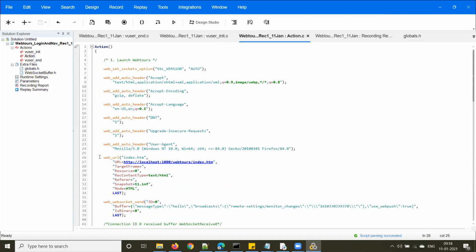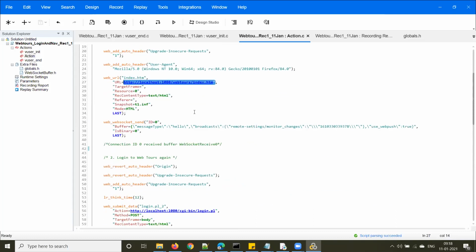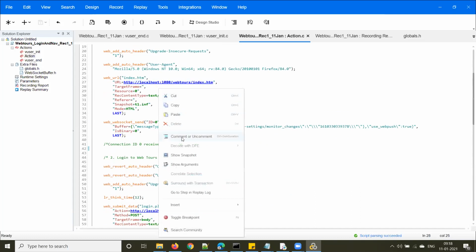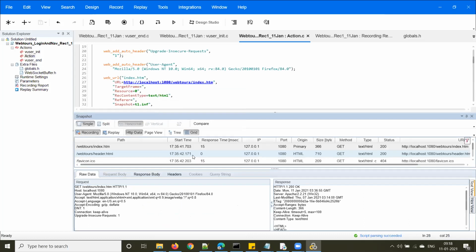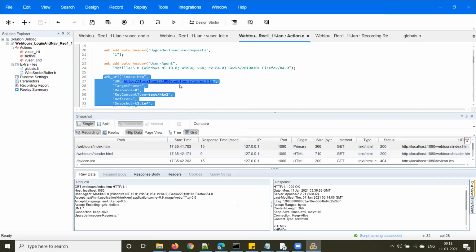Now, how about the response, right? We have sent this request from the browser. How do we see the response? The tool will capture the response also. If you want to see the response, right click and use show snapshot. See, this is the request, the home page request, or the index.html page request, right?